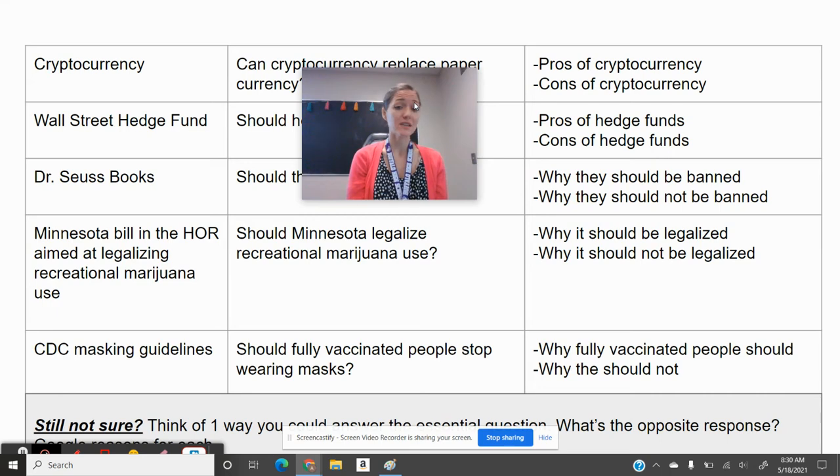If you were doing the CDC masking guidelines and your question was, should fully vaccinated people stop wearing masks? One perspective would be why fully vaccinated people should stop wearing masks. The other one would be why fully vaccinated people should not stop wearing masks. Okay, so that might be an easier route to go, and you would just go ahead and research these perspectives